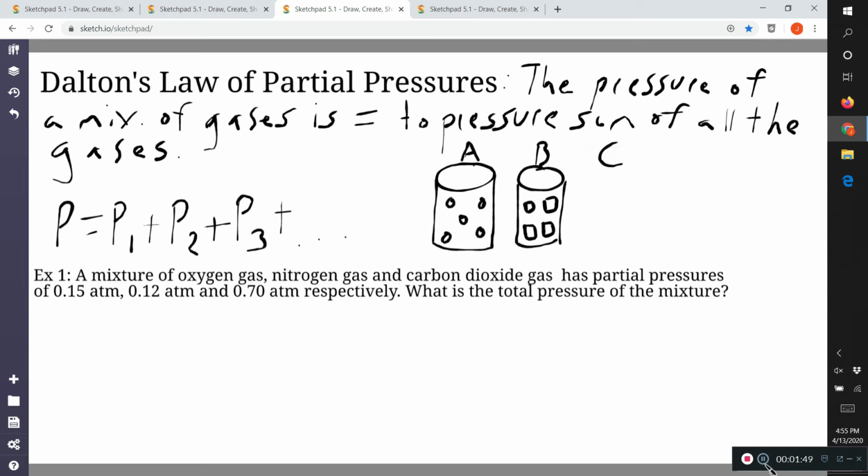And we have another container of gas C. It has triangle shaped gas in it, and it has 5 of those. It's going to have a certain amount of pressure. And if we add all those together,